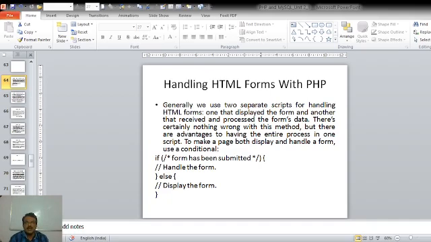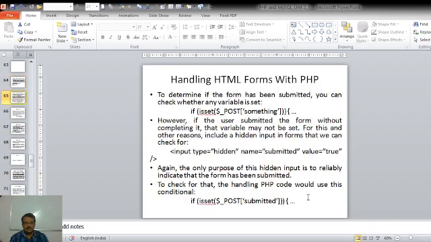To determine if the form has been submitted, we can check whether any form variable is set.